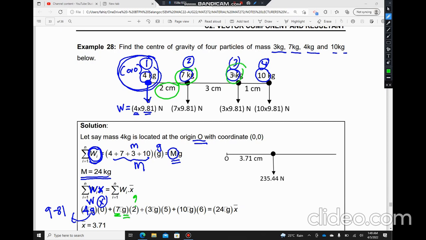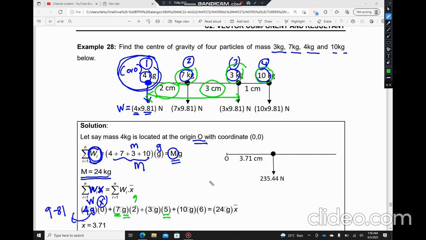Okay, number 3. So 3G. Mass is 3, so 3 gravity multiply by 5. Dari mana 5? You need to plus 3 and 2. Kena tambah ni sebab yang ni kita nak jarak dia sentiasa refer dengan first mass kan. Jisim pertama ni kita consider yang ni, so 3 plus 2, so that's why you get 5, and then last